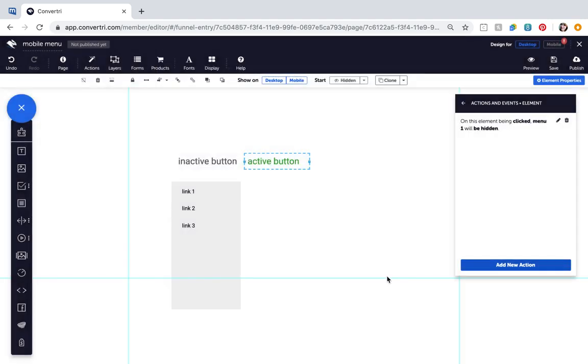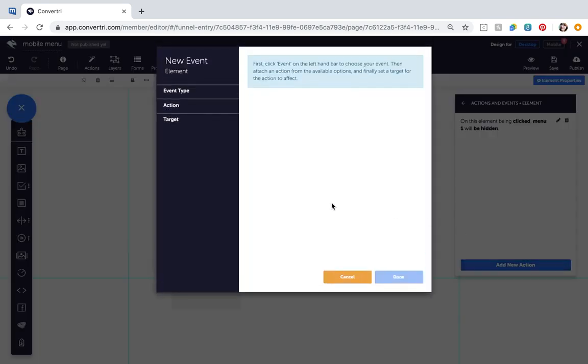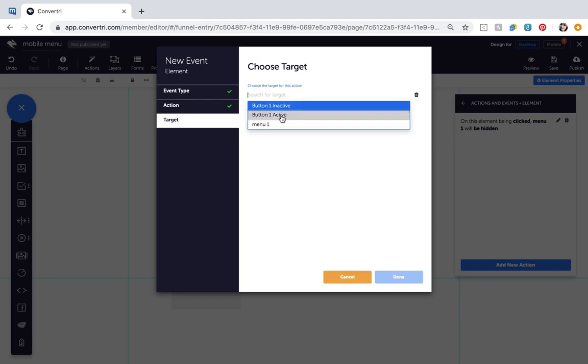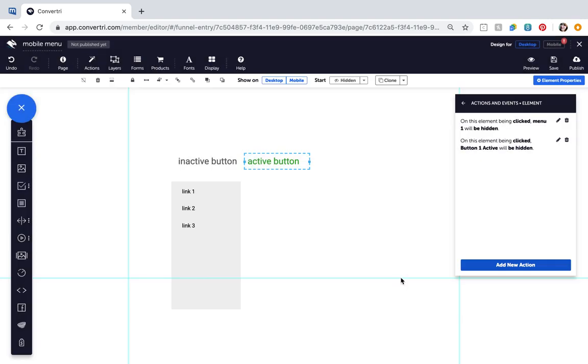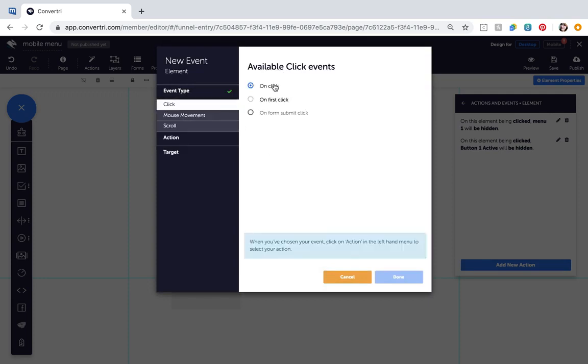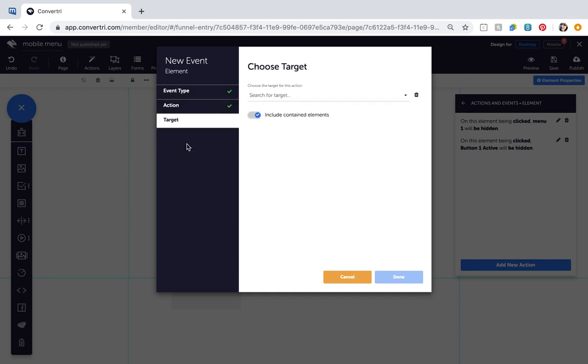Click Done, and click to add a second action. Event type, on click, action, hide, target, Button 1 Active, and switch on Include Contained Elements. Click Done, and click to add the final new action. Configure the action as follows: event type, on click, action, show, target, Button 1 Inactive. Click Done,